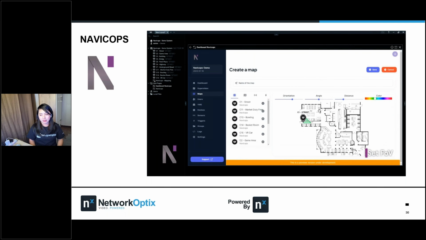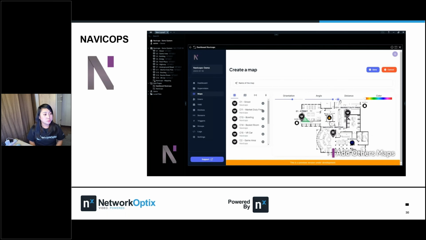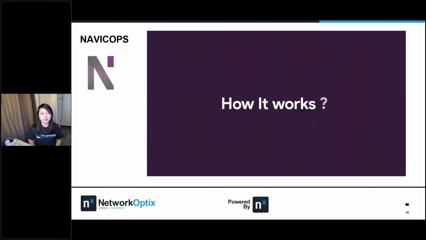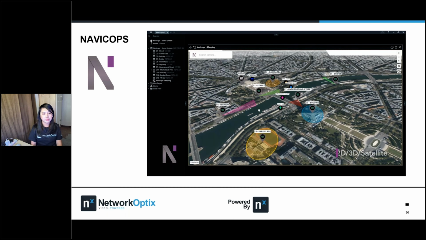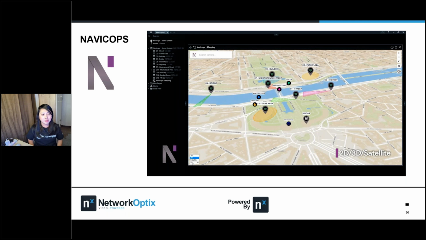You can select, or at least like a floor plan to do your mapping here, like where you want to place your camera, and then the coverage as well. So they have 2D, 3D, and satellite.